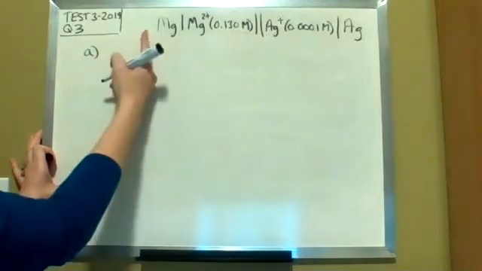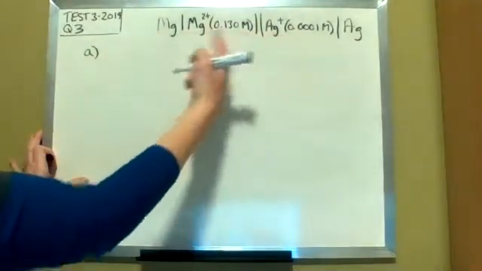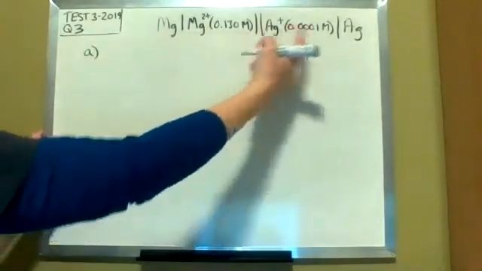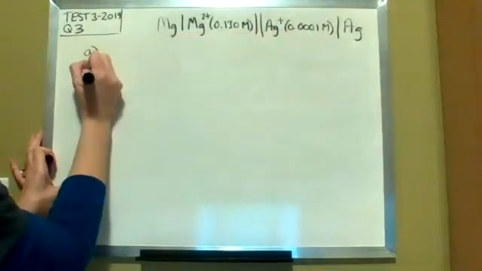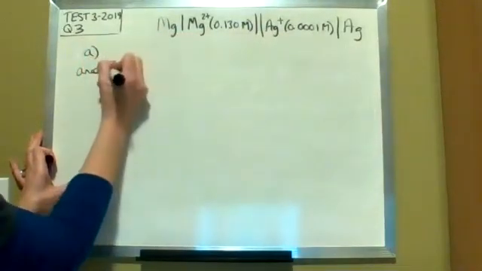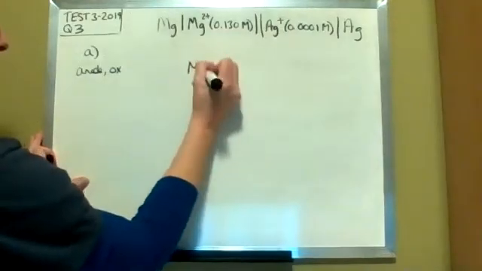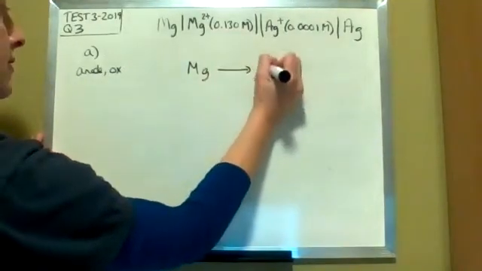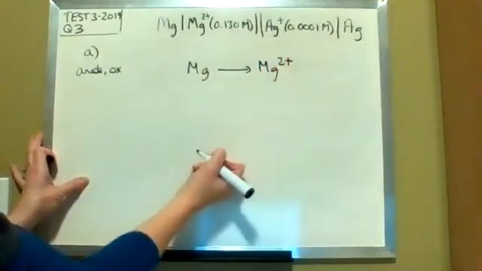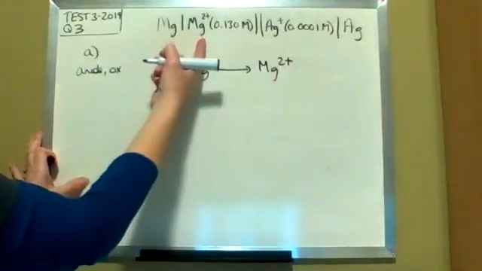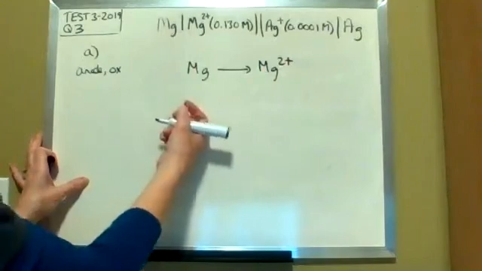So you know from here, first of all, in cell notation, you start out with anode, then cathode. So the first thing we have is the anode, and the reaction happening there is oxidation. In that case, we have magnesium going to magnesium 2+. It's written in the direction that it is actually occurring. We balance this,